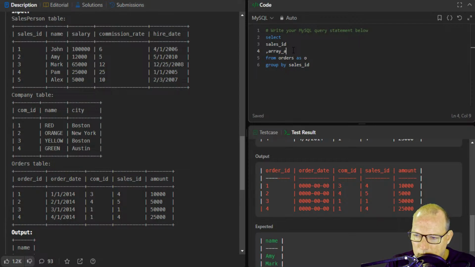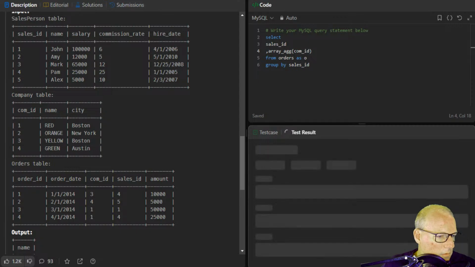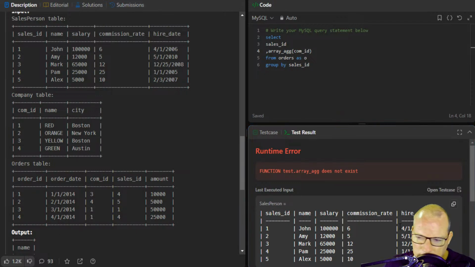Array aggregate. Have no idea. We are throwing stuff against the wall right now. And can you count using a count clause, right? Okay, hang on a second. Test array aggregate doesn't exist. All right, so